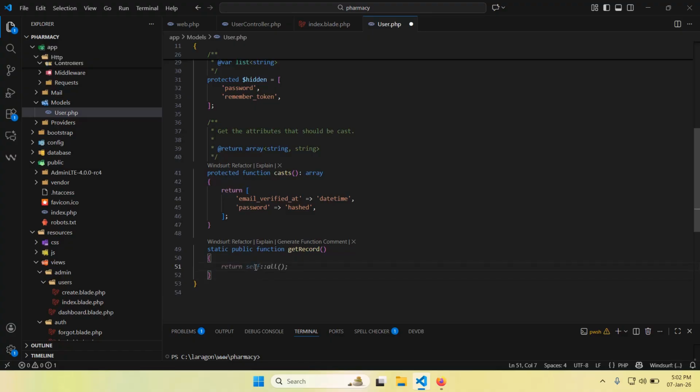Okay, so we want to return self. Self means User, that is our model. Then we are going to select